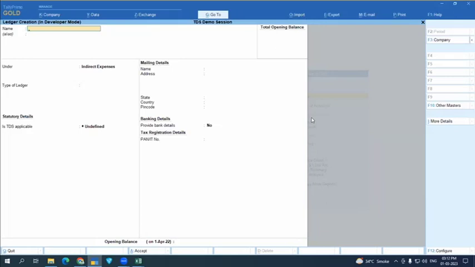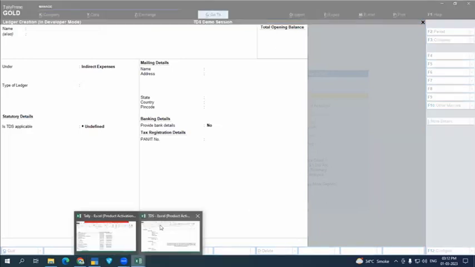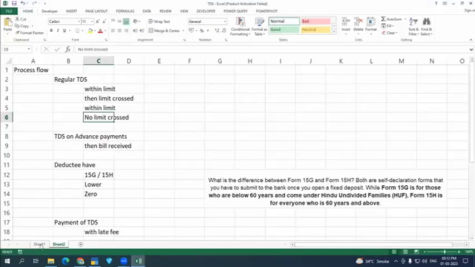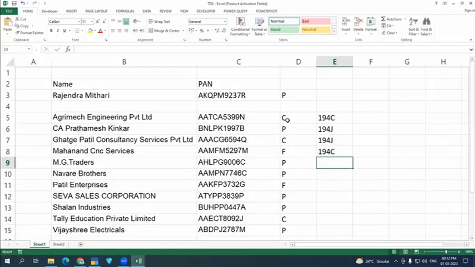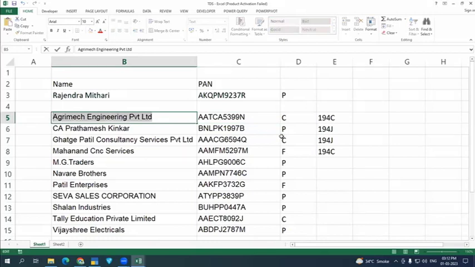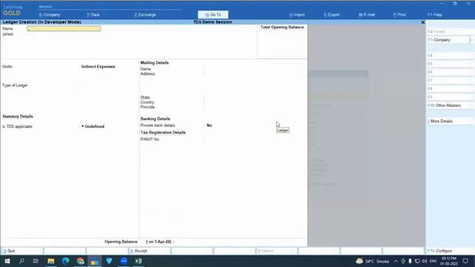Now I have to create a party. So to create a party, I have to select one party which is having, see that this is the party name, which is having a PAN number, and that PAN number fourth letter is C. It means that company is belonging under company category. Okay, so I'm pasting here,